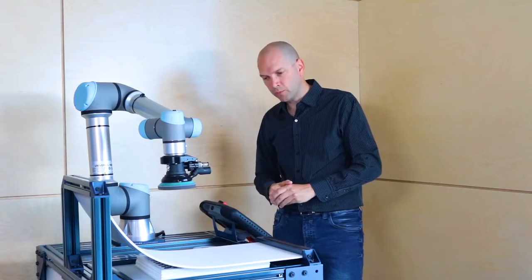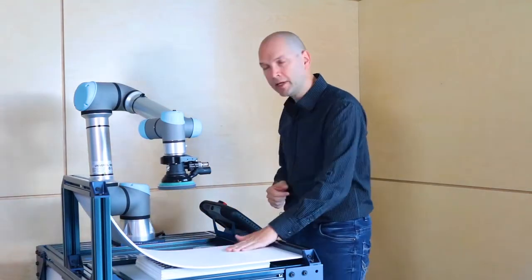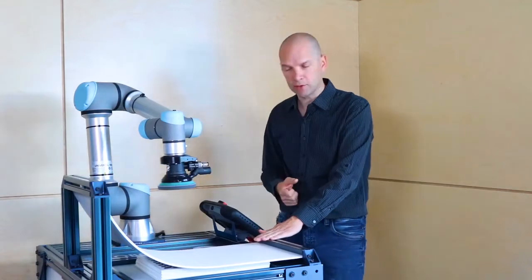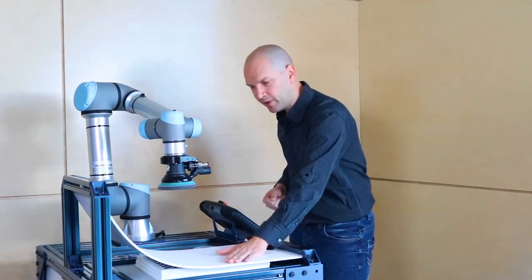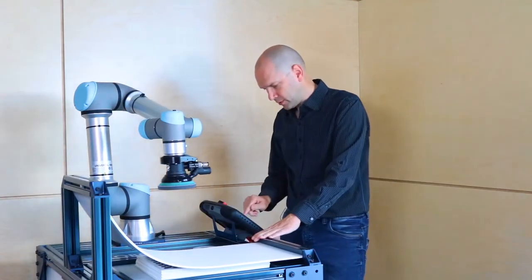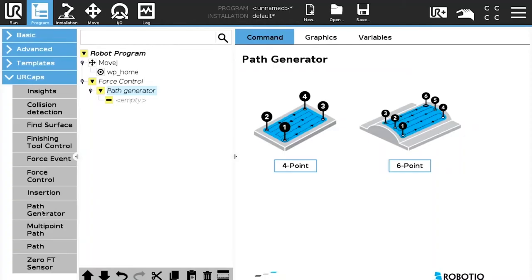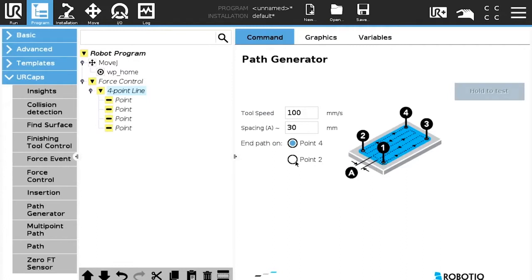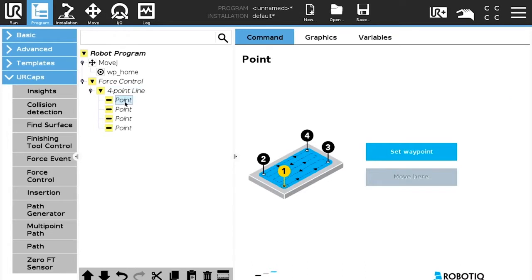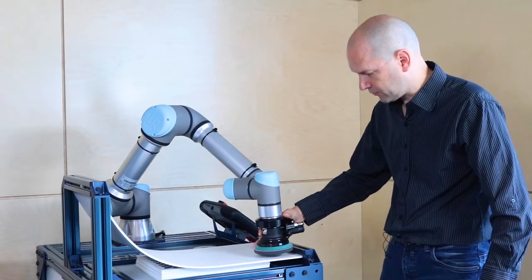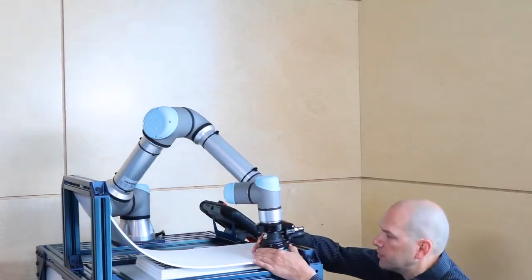We saw that the 4 points, we can use it to execute a surface which is composed of lines exclusively, so it's going to be perfect for this area. So we're going to start with the 4 points path generator to execute the first surface. At first we need to define the surface by the starting point, which is the point number 1. Here we're going to teach the first point, which must be on the corner